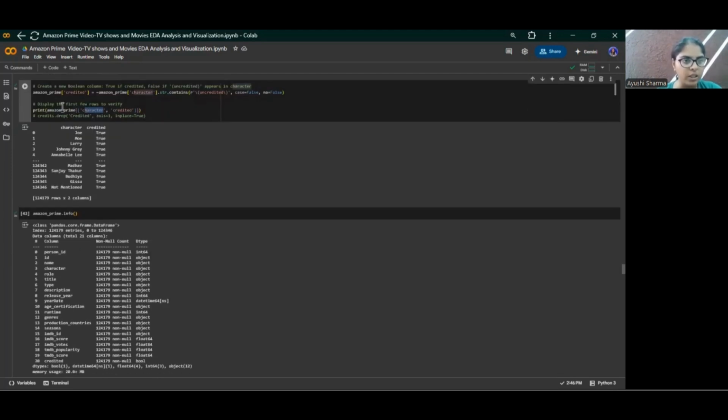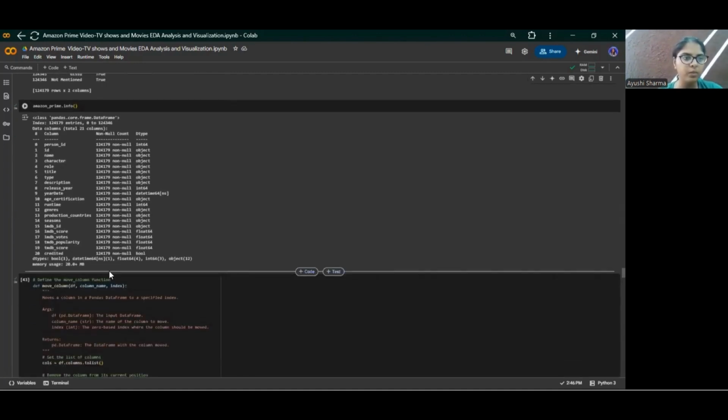And now we can see that we have characters, and we give the value if they have been credited, which will show a true or yes. We have converted this true and false, or boolean part, into yes or no, because we also have some NA values which were present for the director's role. So moving on,